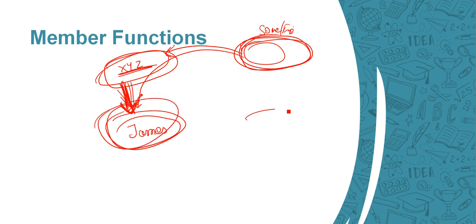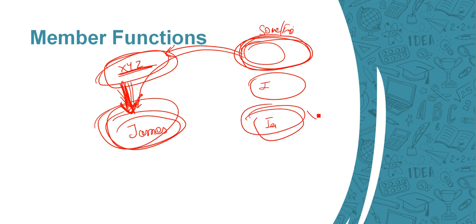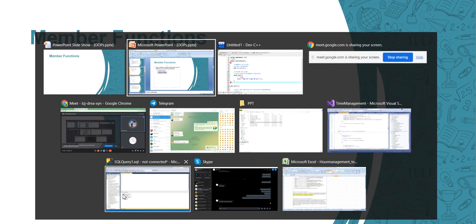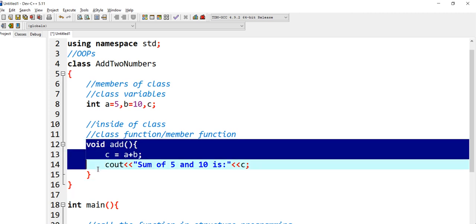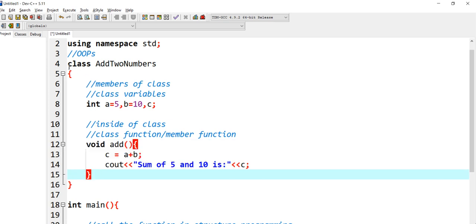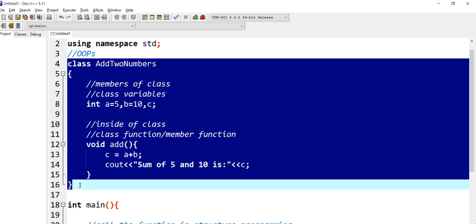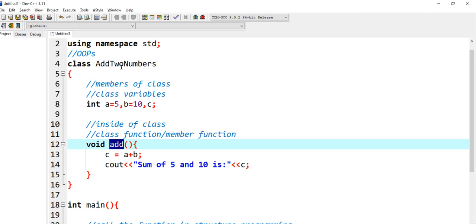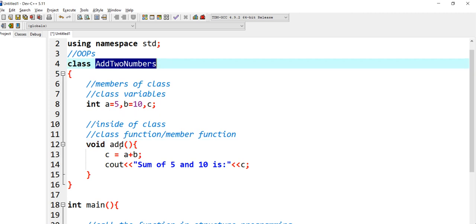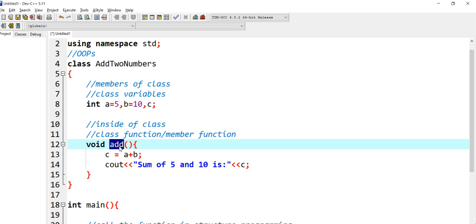If I am here, and suppose my father doesn't exist, then obviously I'll be no more. In the same way, this add function is residing inside this class, so this class can be thought of as its father. He is the father, he is the child. If I don't know about the father, then how can I know about the son?